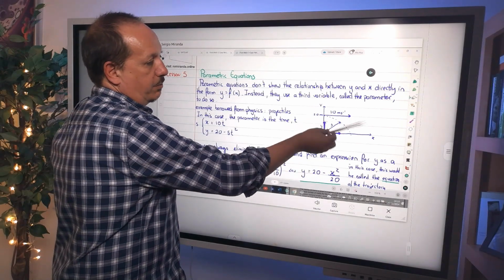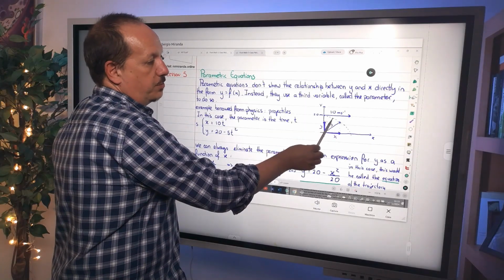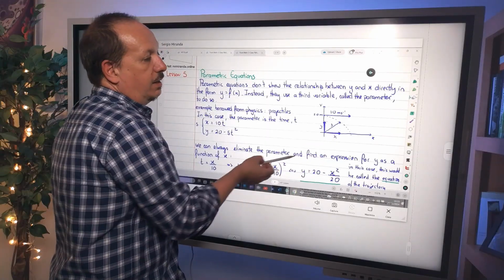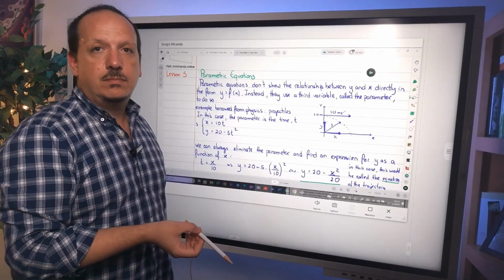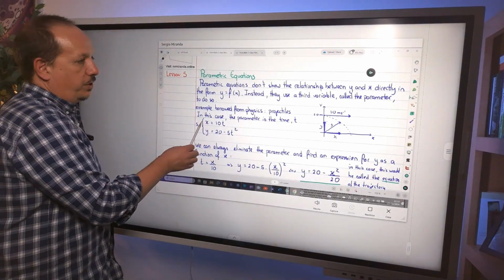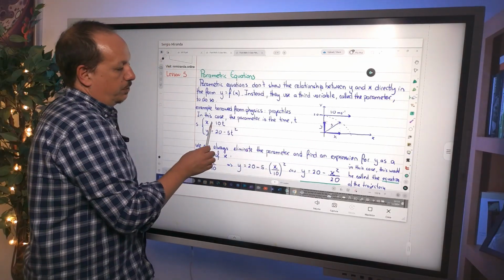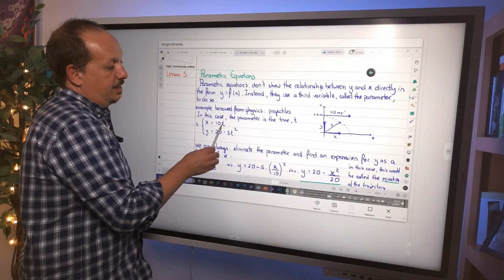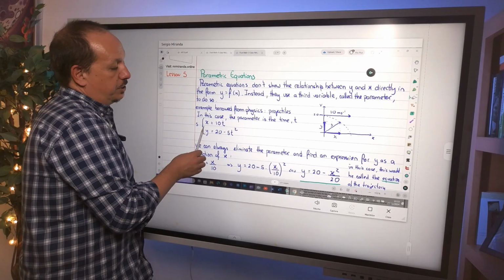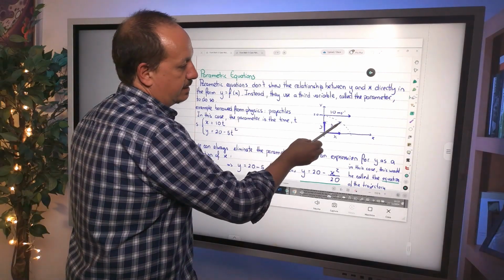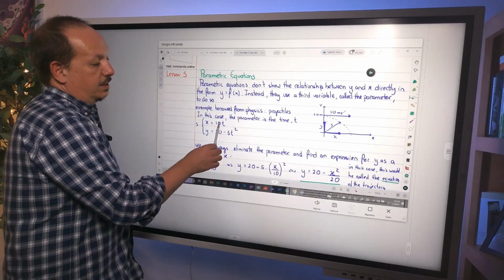So this is the Y direction, this is the X direction, and obviously the position of the object is going to depend on a quantity that is not represented over here, which is the time, all right? And this is what you have over here. The horizontal projection of S is going to be defined like this, 10t, all right? This 10 is the original speed, by the way. And the vertical projection of S, the vertical component, is going to be defined by this equation, in which